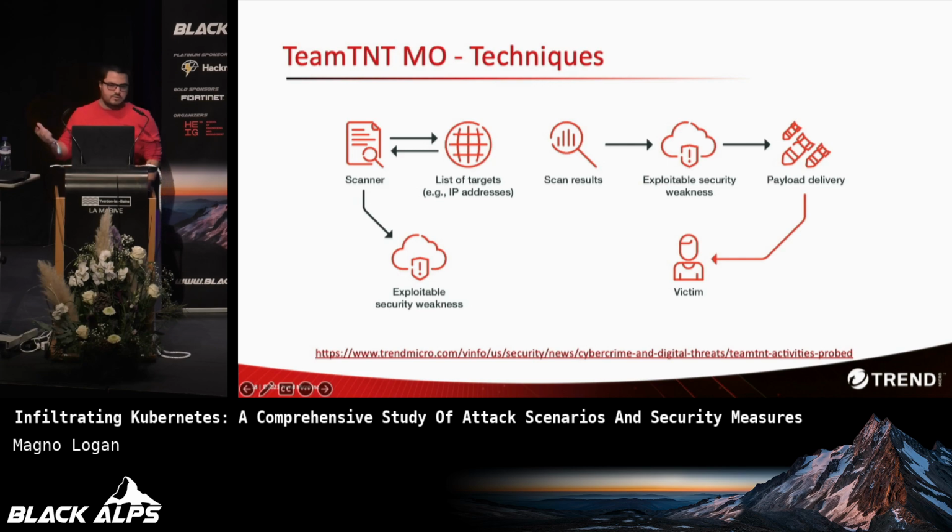They use known scanners, known tools. We're going to see a few of these tools here. Basically, they scan their targets, list their targets, and look for exploitable security weaknesses. They look for things like an exposed Docker daemon API. They look for applications with common vulnerabilities, such as the one I mentioned in my honeypot. They look for that, and they compromise. Most of the attack, if not all, is automated. It's all scripted, so they don't touch the keyboard. It's always looking for these vulnerable servers to compromise.